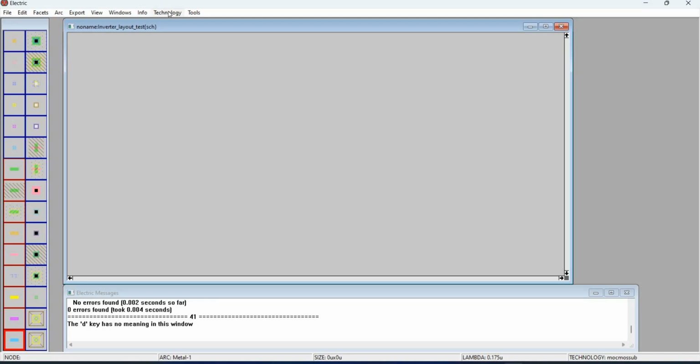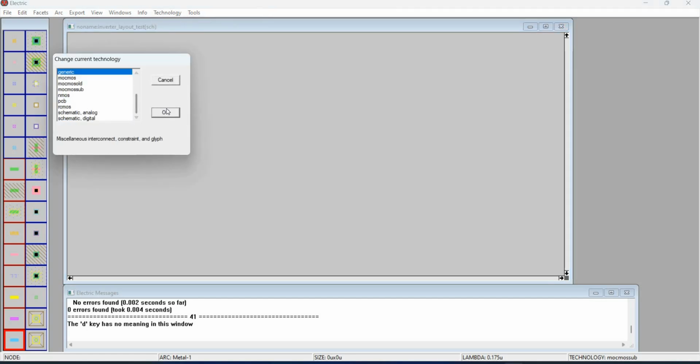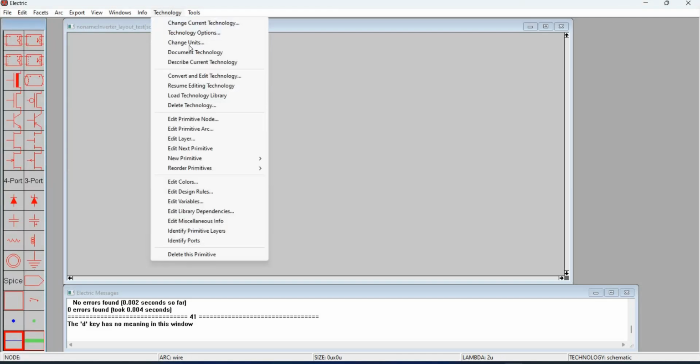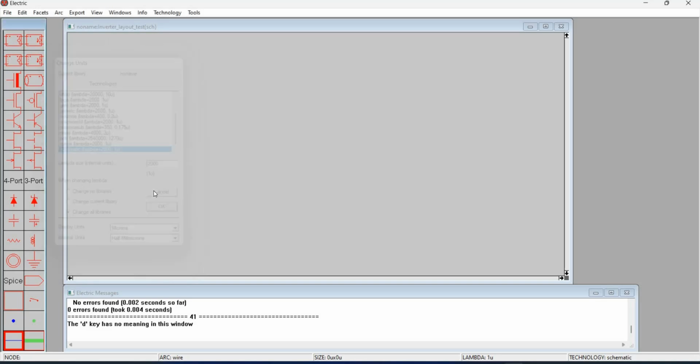Since I'm going to use schematic, you need to change your technology to schematic analog, as well as change units to 2000. So you'll have 1 micron, so microns have millimicrons. So you're now ready to check if your layout is working properly. To do that, you need to